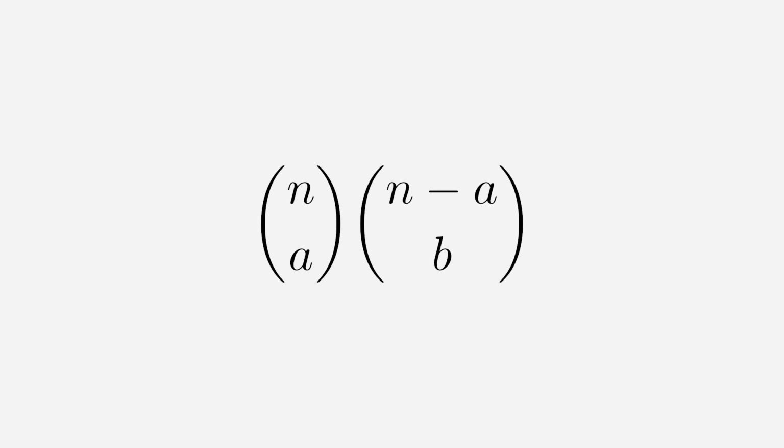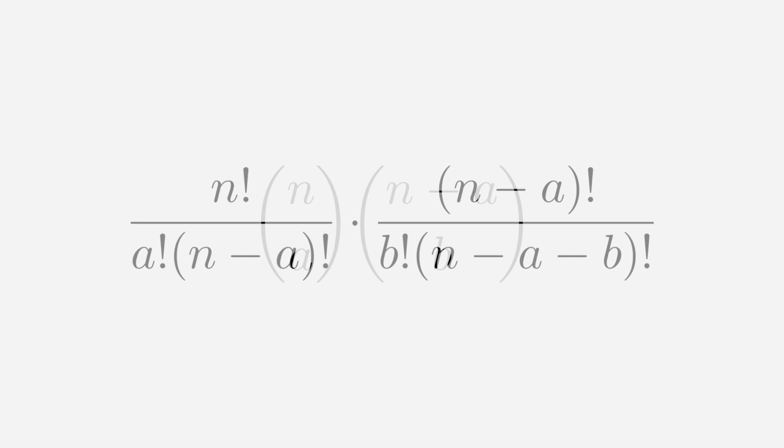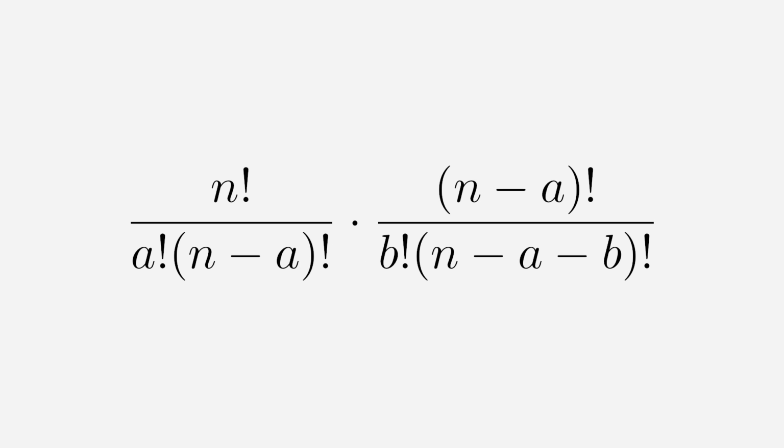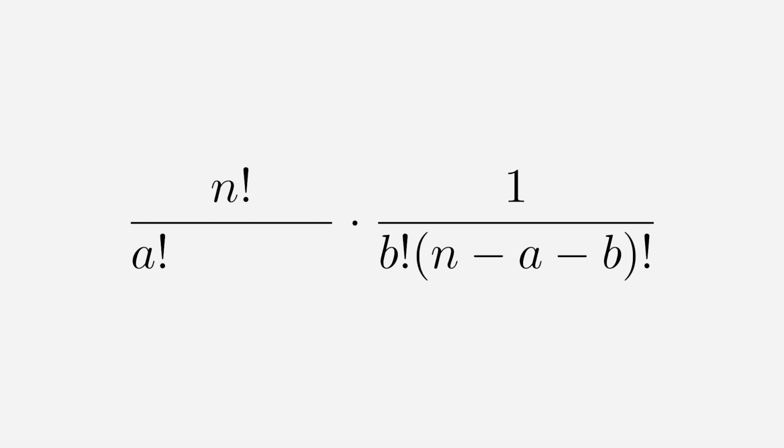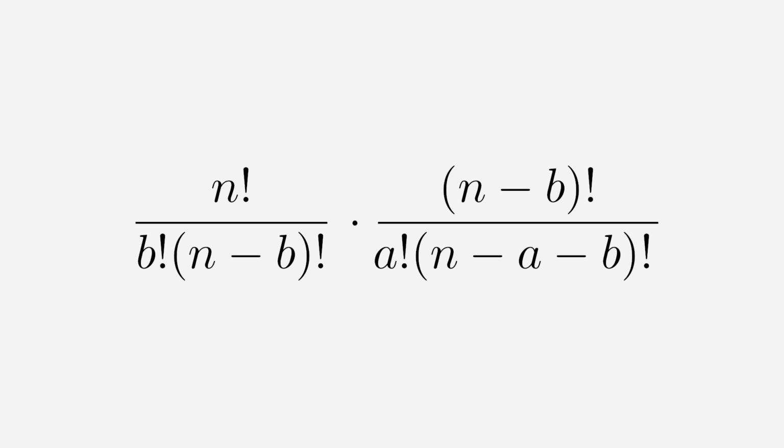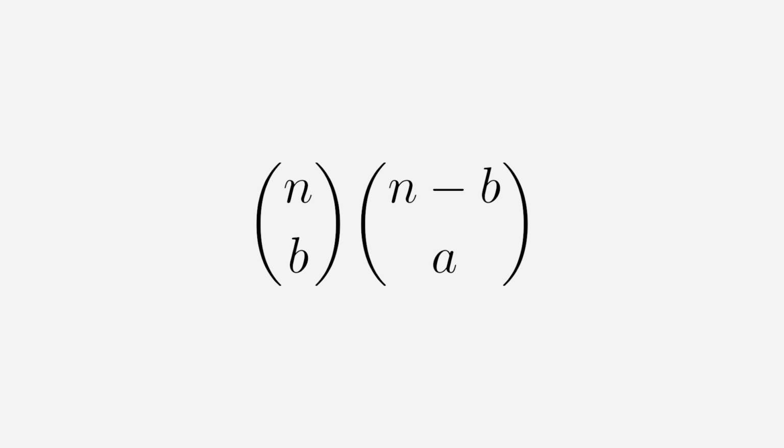We start our algebraic proof by taking the left side of the identity and expanding it with use of the factorial definition of binomial coefficient. Now we can notice that (n minus a) factorial can be cancelled out. Let's rearrange it a little bit by swapping a factorial and b factorial and multiplying the whole thing by (n minus b) factorial over (n minus b) factorial. We can do it because this fraction is essentially equal to 1. The last thing we want to notice is that the first fraction is equal to n choose b, and the second one is equal to n minus b choose a, and we are done.